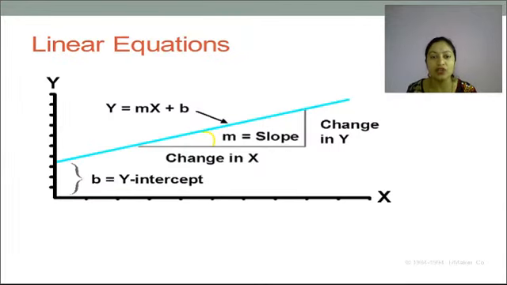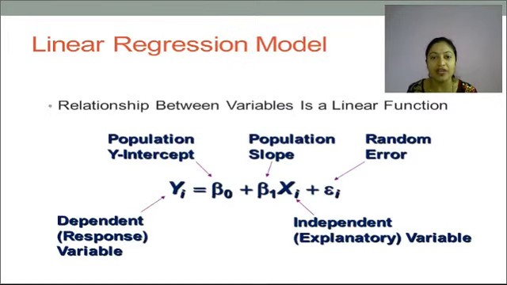Now we know the equation of a line which can be represented as y is equal to mx plus b. Here b is the intercept, and y is estimated based on mx plus b. The m is the slope, which is based on the change of y and the change of x. So we can say y is equal to mx plus b is a simple equation of a line. Now based on this equation of a line, we can find this linear regression model.